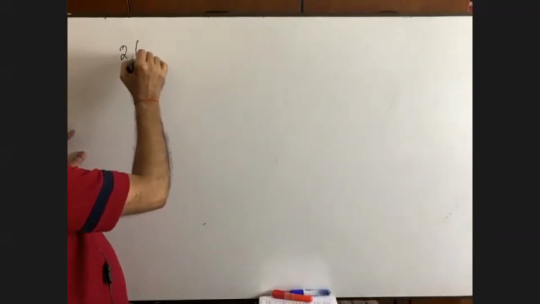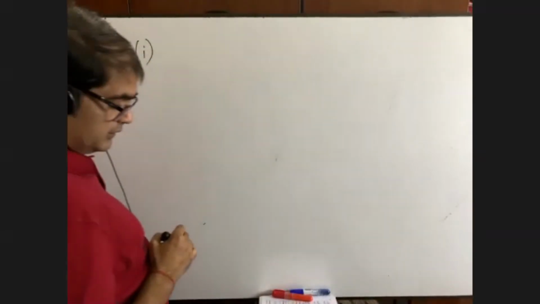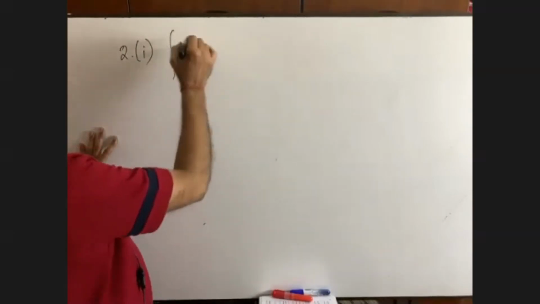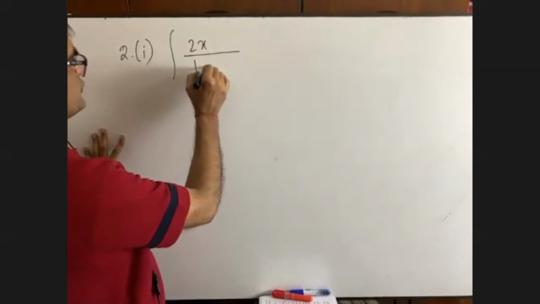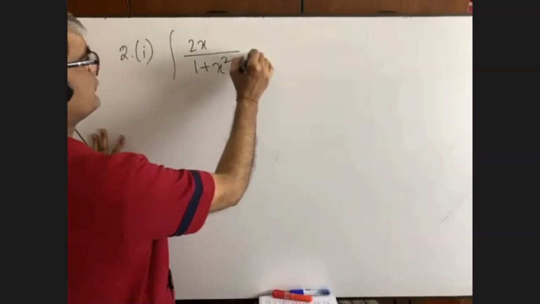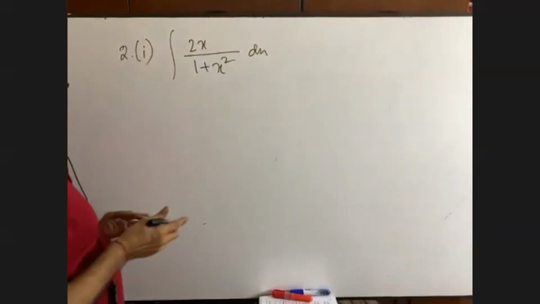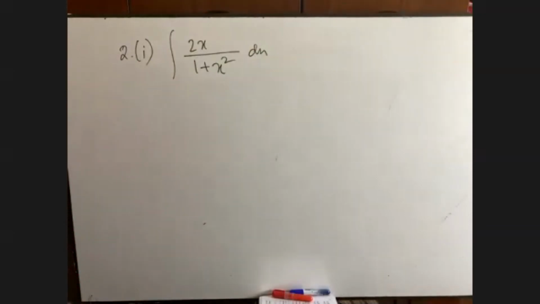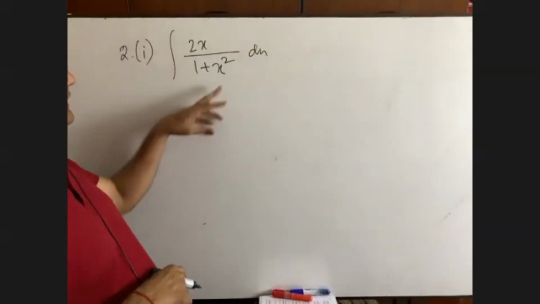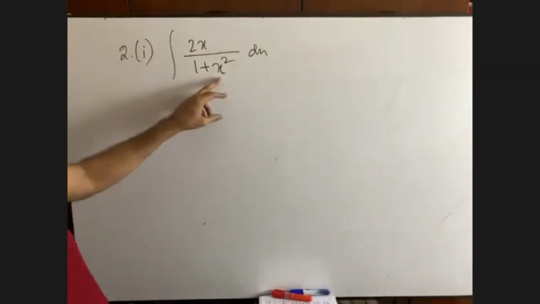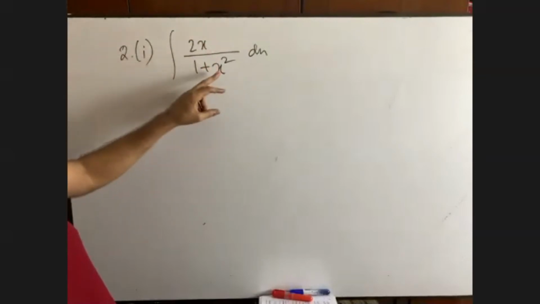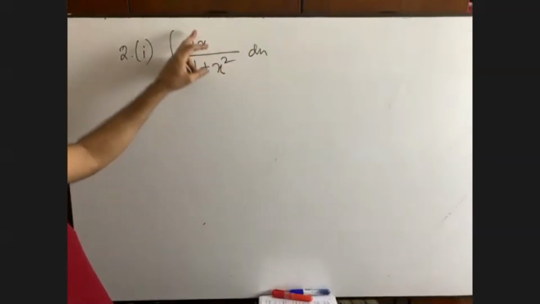Going to the next math, number 21. Now it is the math of fractions, that is 2x by 1 plus x square dx. What you will come to know, is it possible that we can get x square from x by differentiating? No, it is not possible. So we have to let this part as z, where from x square we can get 2x easily. Have you seen x square? It is twice x at a time.